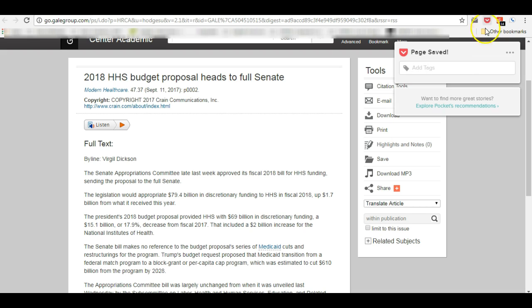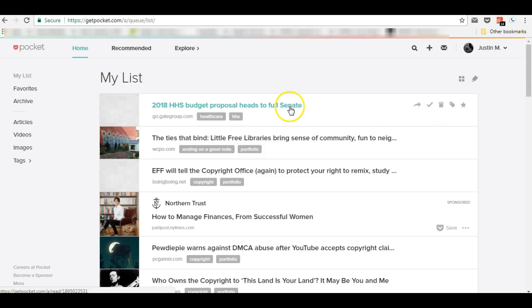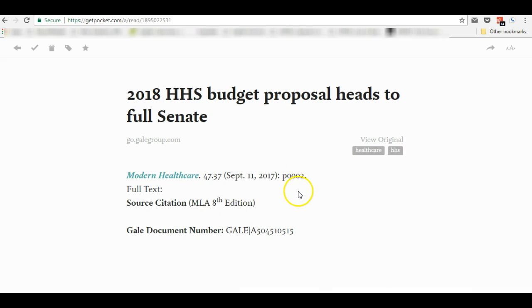And when you click, it'll give you the option to add tags. So I'm going to add healthcare and HHS. Okay, so now that's been saved. Now I'm going to right click and open Pocket, and you can see here it is. And in this case, it wasn't able to save the entire page, but you can always go back and view